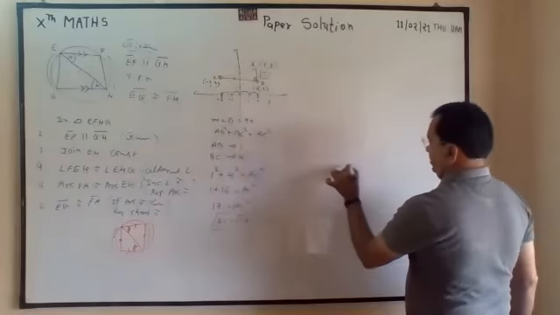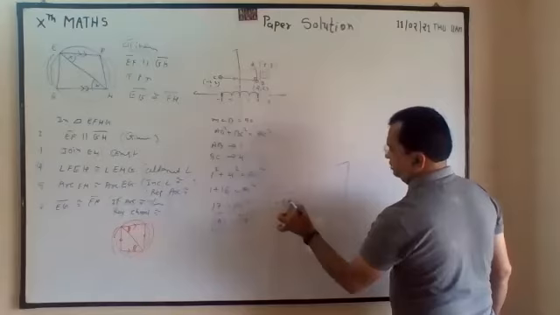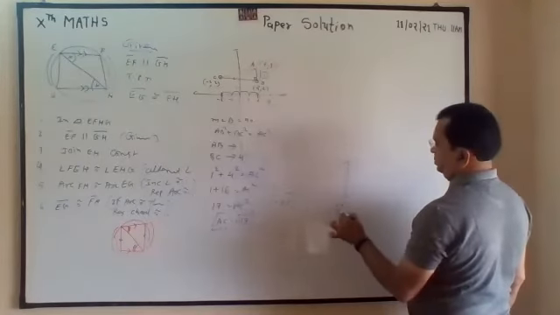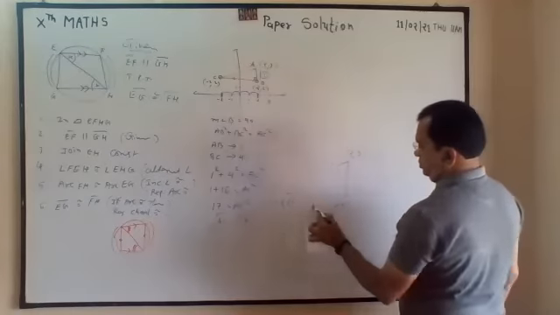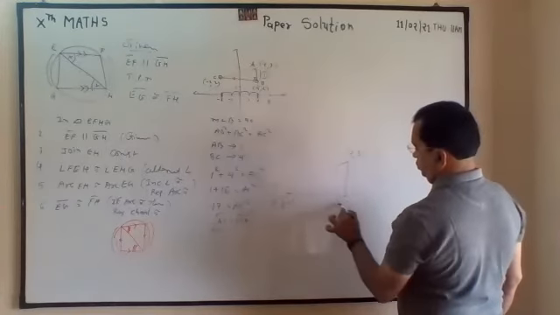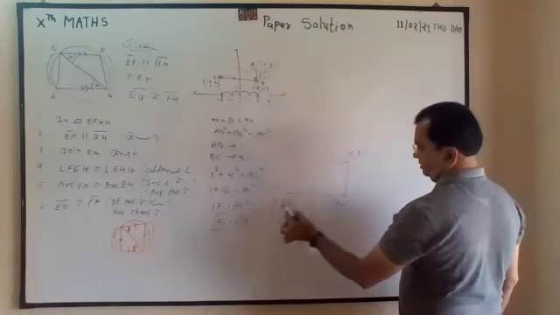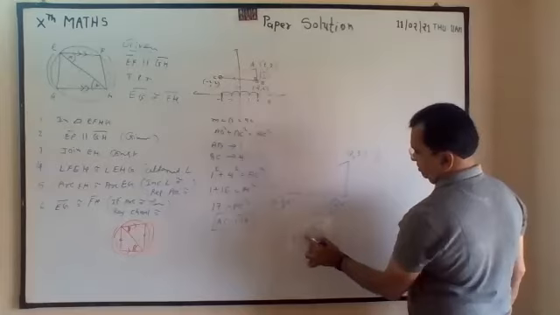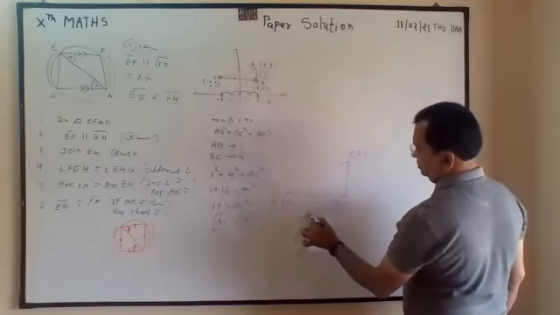Again I want to explain. This is minus 2 and 2. This is 2 and 2. And 2 and 3. So from minus 2 to 2, 1, 2, 3, 4. Minus minus 2 means 2 plus 2, so this much distance is 4.